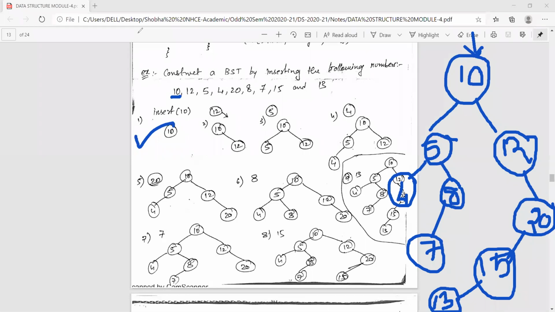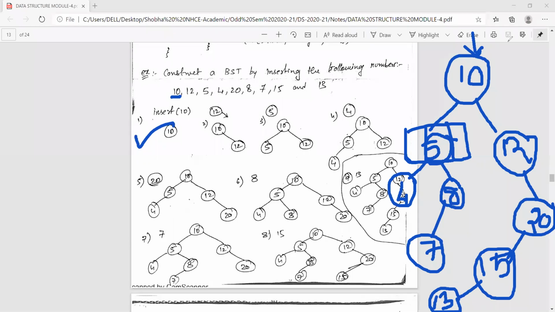In this tree, you cannot have duplications. You cannot store the same value twice. If I am giving 5 again, suppose, it will go to the same place, as a left child of 10. Because it will search, okay, if data is equal, like that, if it is equal, it will be the same.